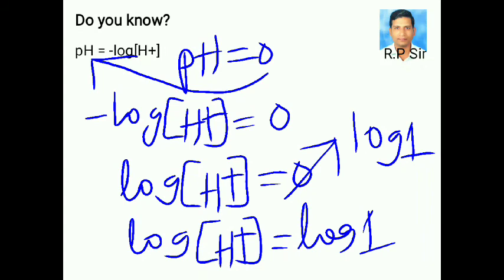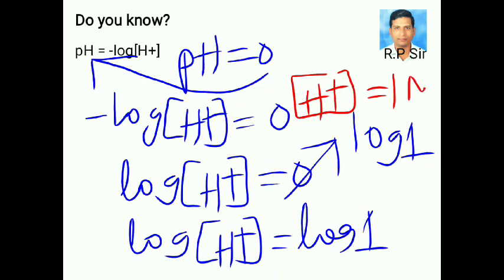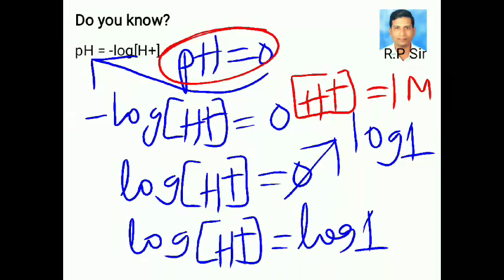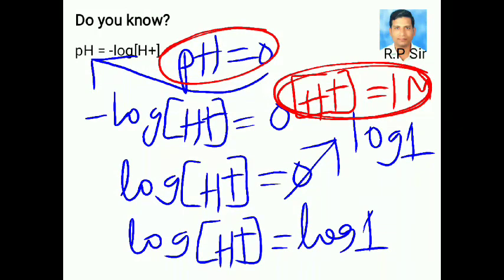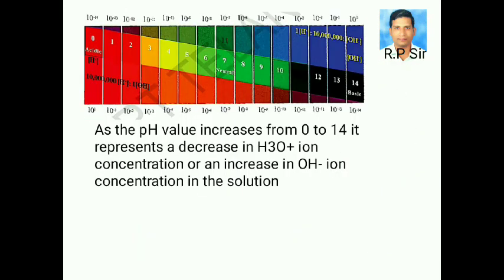Therefore, H plus ion concentration equals 1 mole. If pH equals 0, then hydrogen ion concentration equals 1 mole. Typically, the hydrogen ion concentration in water in most solutions falls between a range of 10 power 0, that is 1 mole,